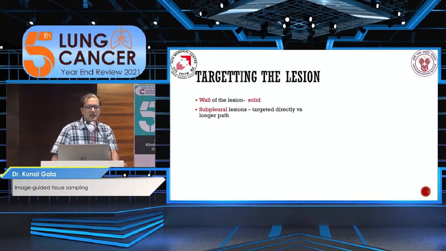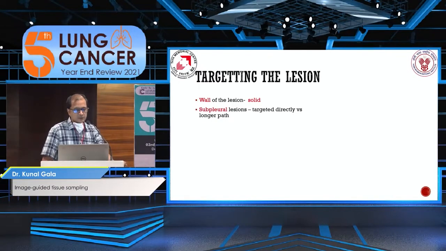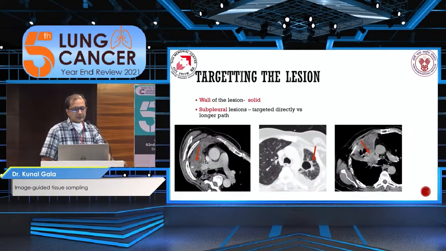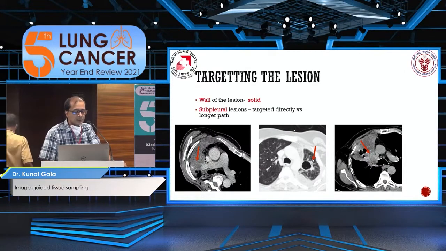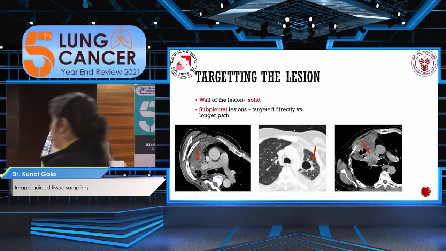And targeting the lesion, as I told earlier, it is the solid component or wall of the lesion which needs to be targeted. So these are the three examples. So this is a central hilar mass close to the bronchus and pulmonary trunk, which needs to be targeted. This was a lung cancer patient already on chemotherapy and was on follow-up, and now